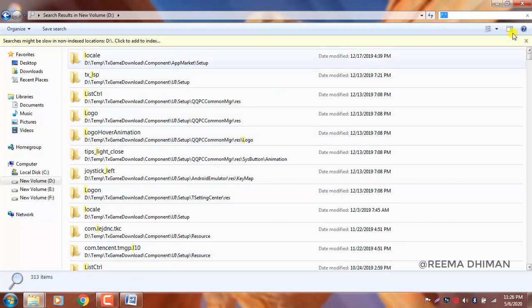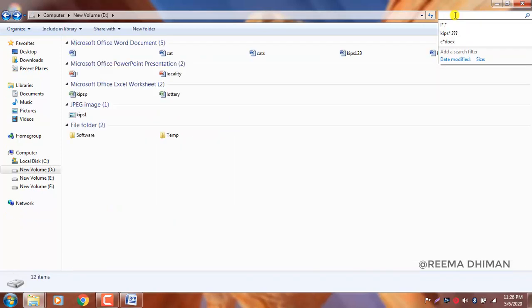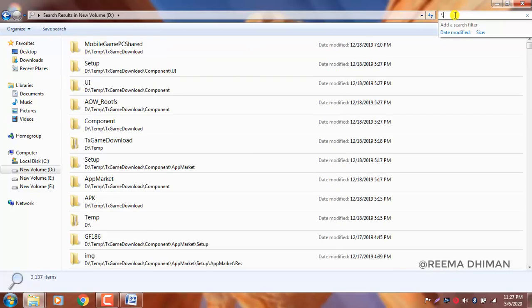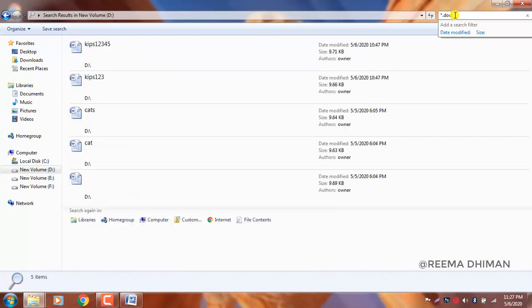Now we will consider the second example. In this case you have to search for all the files having the extension .docx, that means word files. If you want to search any word file in your computer, then you have to put asterisk dot the particular extension. If you want to search for word files, you have to write the word file extension, that is docx.